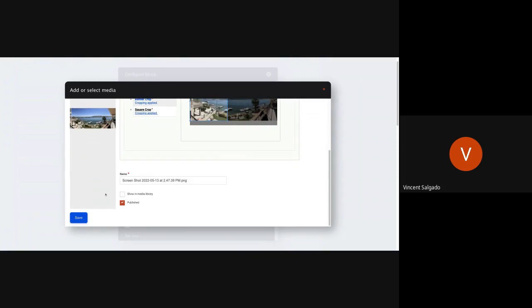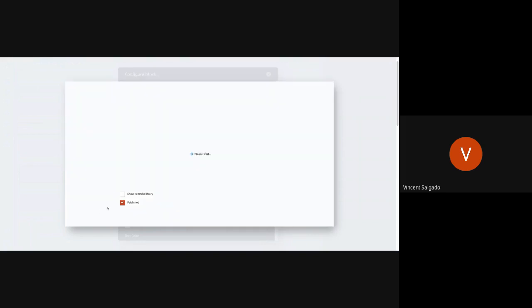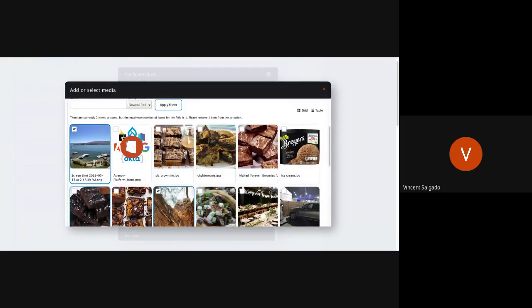Everything else you can leave as default. You'll see this show in media library. You don't need to worry about that. That was something from our very first build, and it's something we're going to remove, so it doesn't do anything if you check it or don't check it. But I'm going to go ahead and click save. So now that I saved it, that image is now in the repository for the website,